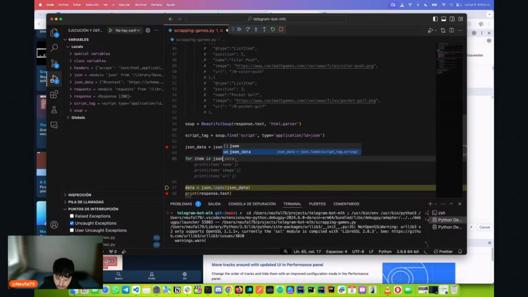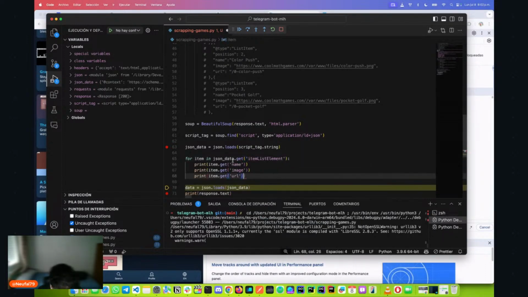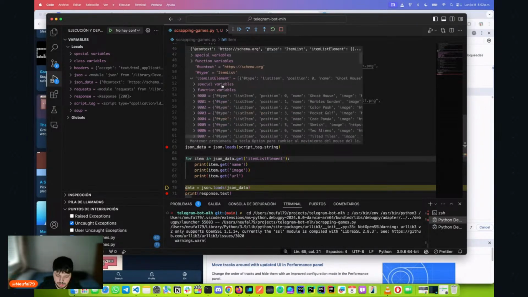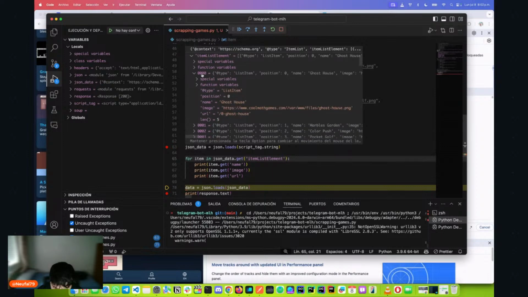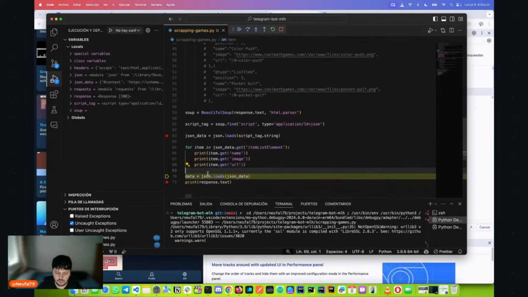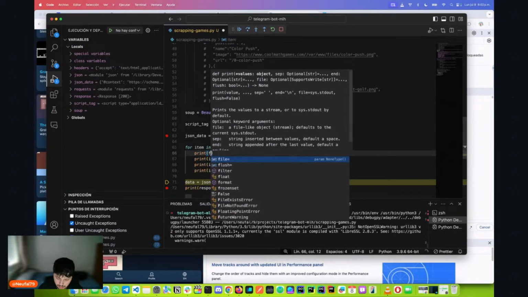In the JSON data, we get the items list element. Okay, so basically this is the items element, and then we have these elements, 000, and inside here we have the other information. Okay, so what we can do here is change this print and use format